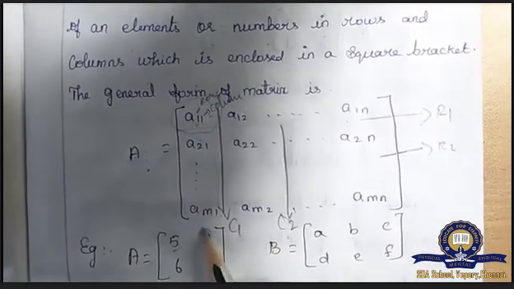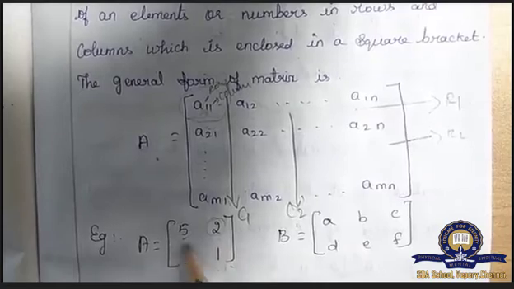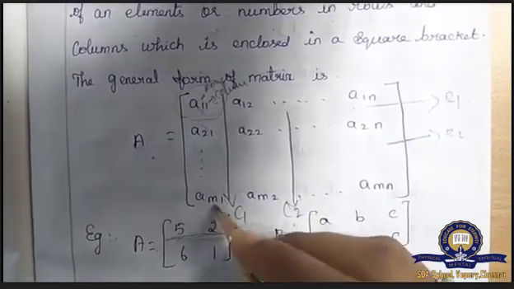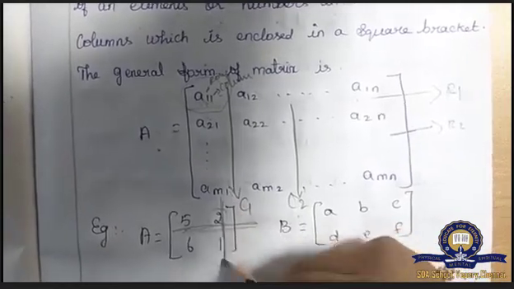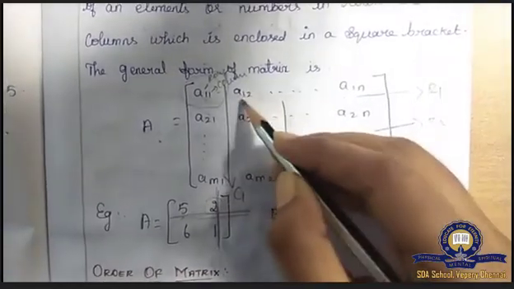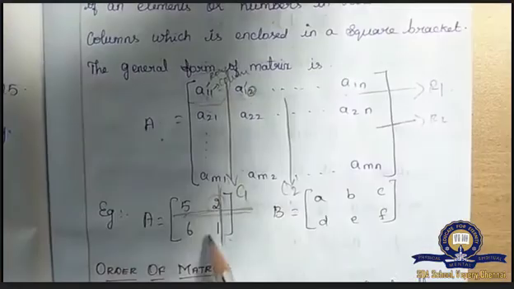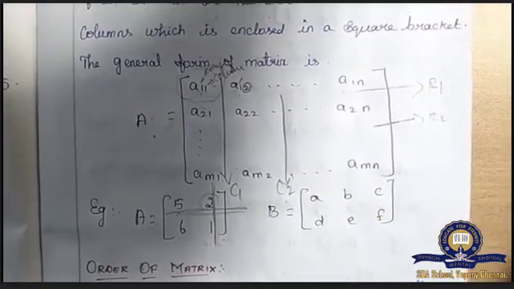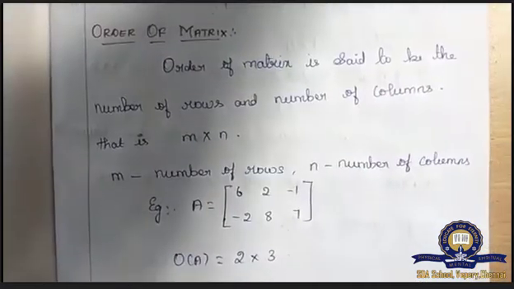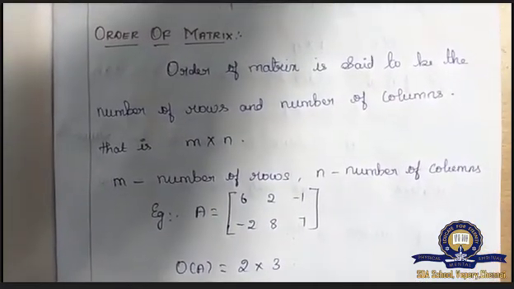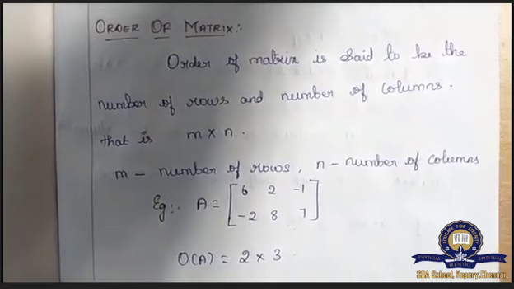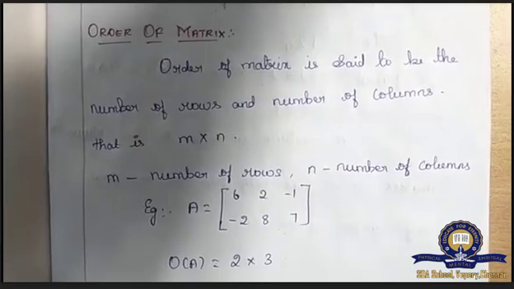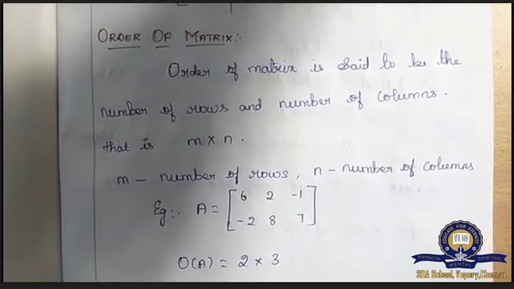Now 5. Then go for the second element. What is the place of the second element? This is first row, right? First row, second column. So this is A12, first row and second column. Likewise, you have to compare every example with the general matrix form. Hope you guys understand. Now in this video we are going to learn the order of matrix, elements of matrix, types of matrices, transposes of matrices and equality of matrices.